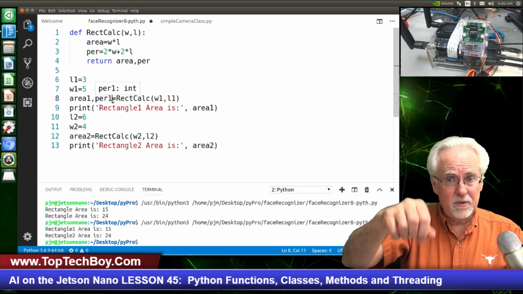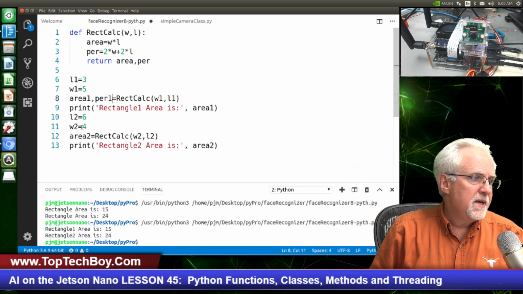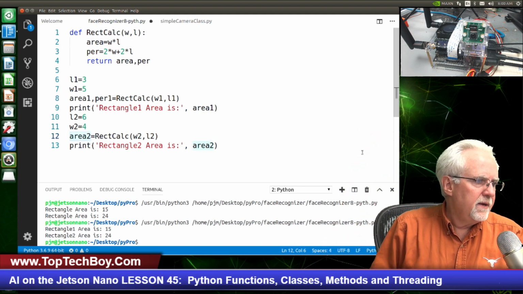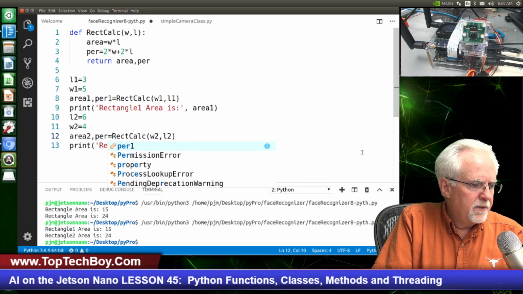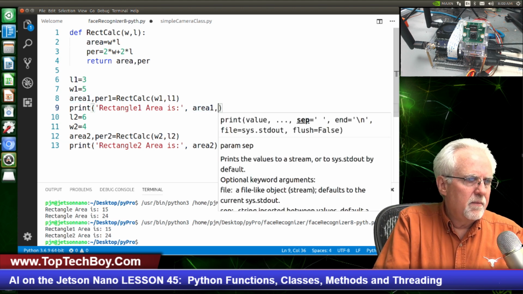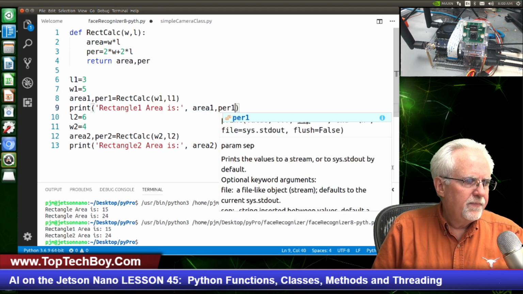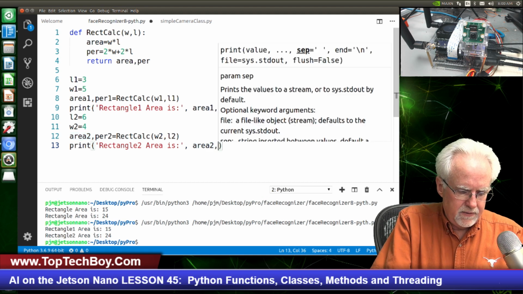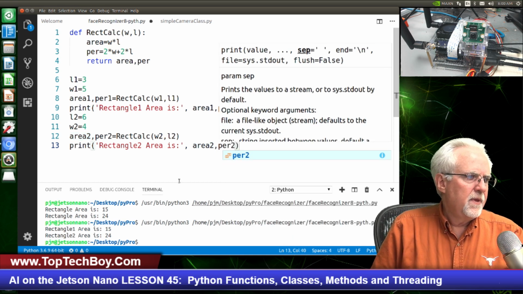If I'm throwing 2 balls, I better catch 2 balls. And the same thing here, area 2, perimeter 2. And then I could just print area 1, perimeter 1, and then print area 2, perimeter 2, and then